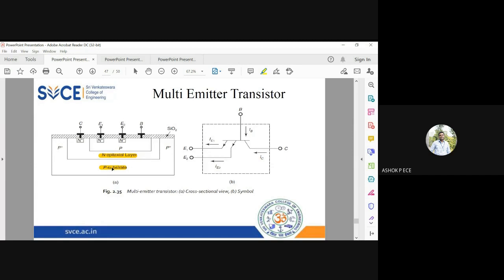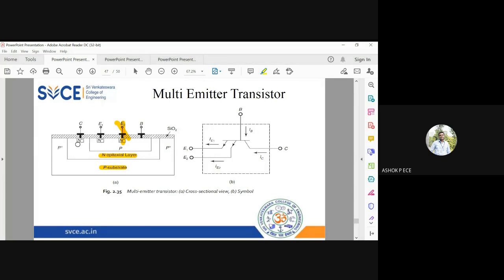So that is the technology used here. You cannot question the technology. That is the technology that has been used to fabricate the transistors. In the conventional transistor, you will have only E1. This E2 will not be there. E1 will be converted to N region and base will be converted to P region. And obviously collector will be converted to N region. So it forms an NPN transistor.